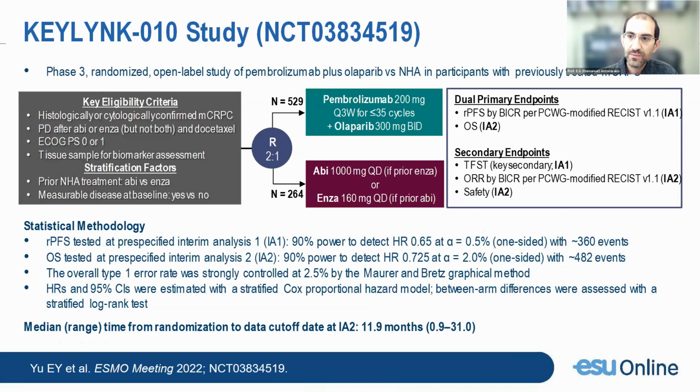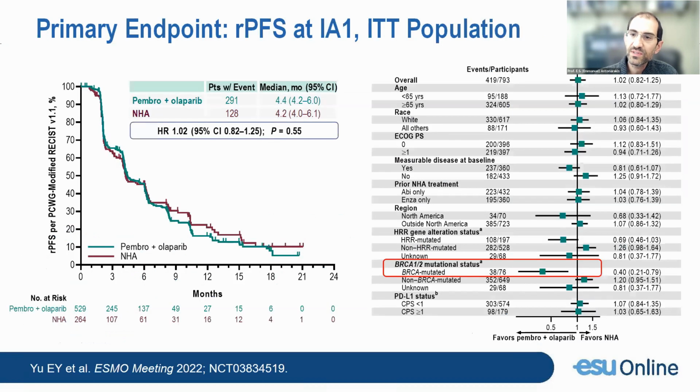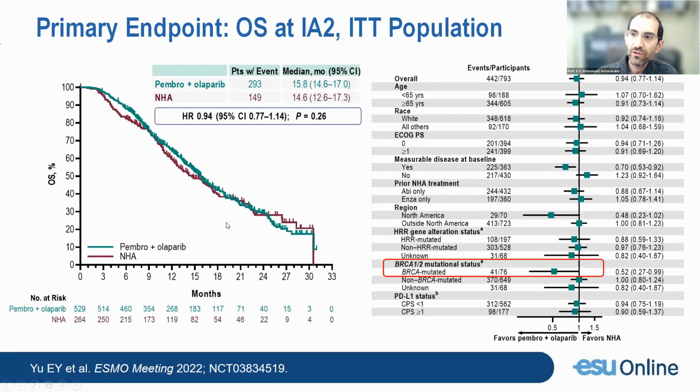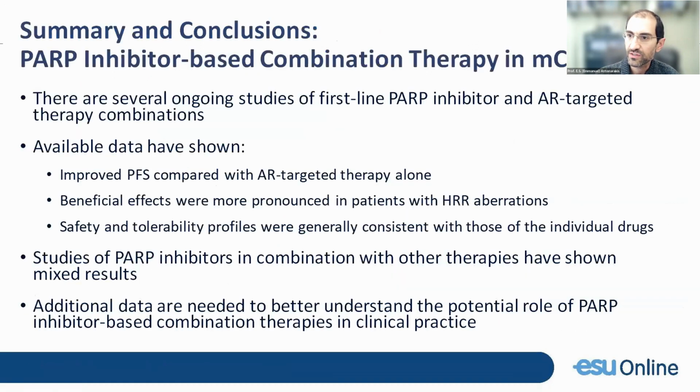So unselected patients, the genomic analysis was done in a post hoc fashion, and the study was negative for its primary endpoint, PFS. However, if this study had been designed in BRCA1/2 patients, it would have been positive. The very significant post hoc exploratory analysis in the BRCA1/2 patients, and overall survival, no difference whatsoever. However, once again, in the BRCA1/2 subset, this would have been positive with an upper limit of hazard ratio 0.99. Of course, this study was not designed to test the hypothesis in the BRCA1/2 patients.